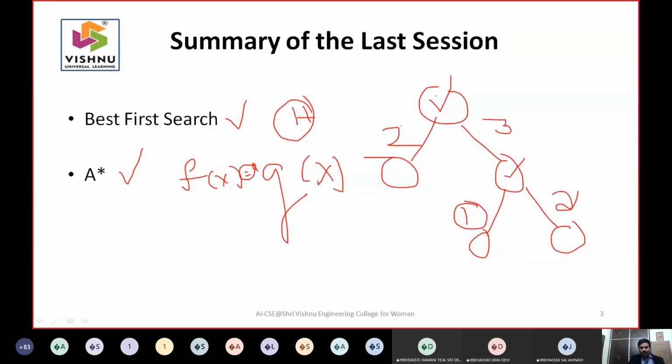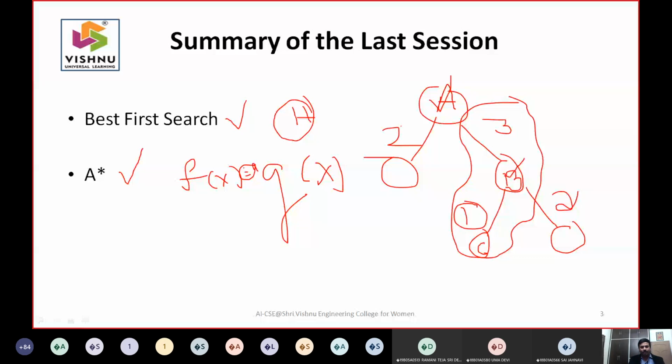So if I say this is A, this is B, this is C, the heuristic value at C is the cost of this entire path. That's what g of x is. G of x is the cost incurred while traveling from the starting state to the current state.